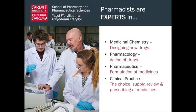We then have the aspects of the action of those drugs in the human body, trying to understand what our targets are, how these drug molecules are going to work, toxicity aspects, etc. Then once we have drugs that are going through clinical trials, we now have to think about actually using them with patients. So how we're going to convert those drugs into medicinal dosage forms, whether that's tablets, capsules, injections, inhalers,